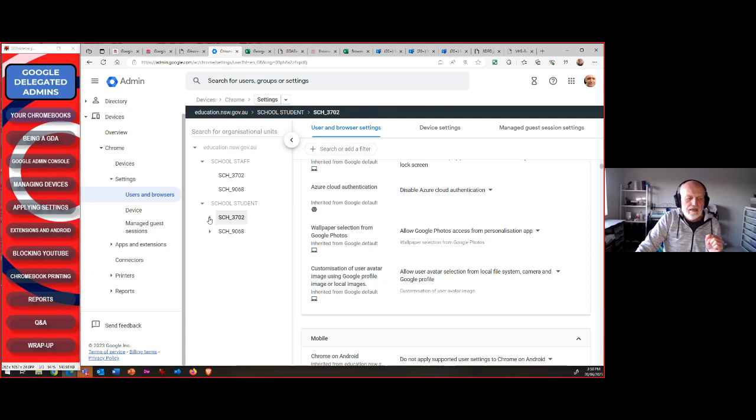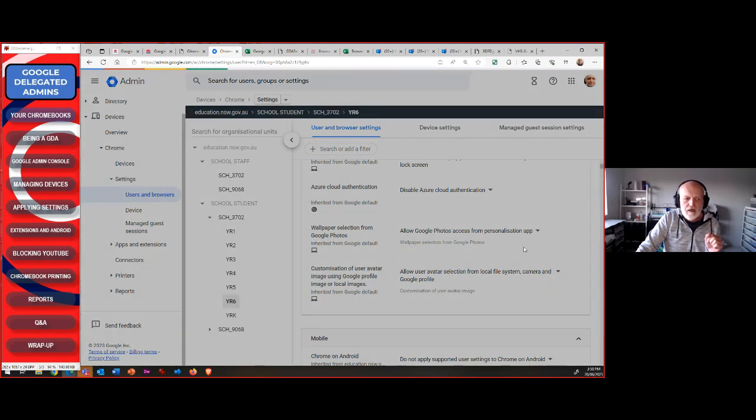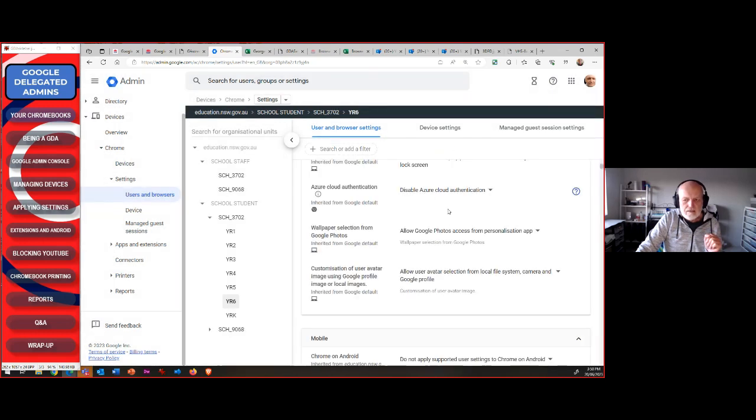Or I could drill down even further and say, I only want year 6 settings applied for user and browser settings. So you need to understand which settings, which group you're applying the settings to when you're making adjustments on these